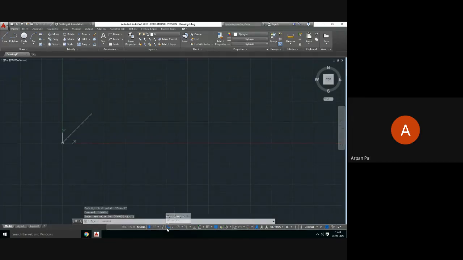1 means dynamic mode is on. So let us give it 2. 2 is still on. Let us give 3. No, it is not switching it off. So it is better to control it from the toolbar. Even if the dynamic mode is switched on, there is no problem, you will still be able to draw.